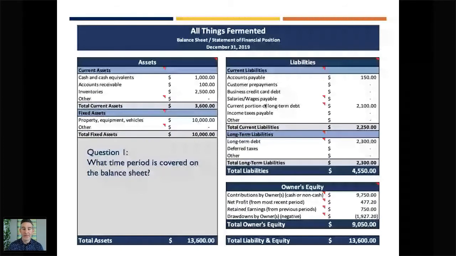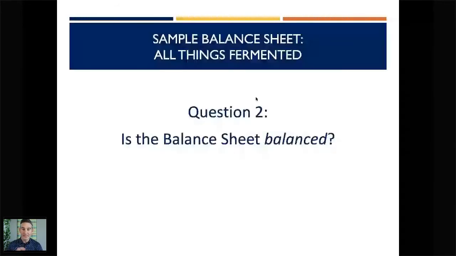It's December 31st, 2019. And I just want to point out, Danny, yes, thank you. It's a date, not a time period. So good, good catch on that. So again, different from the P&L, which covers a whole time period. This is a specific moment in time. So your balance sheet is always going to have a single date on it. It's not going to be a time period. So I misled you with that question, sort of intentionally, and you guys caught it.